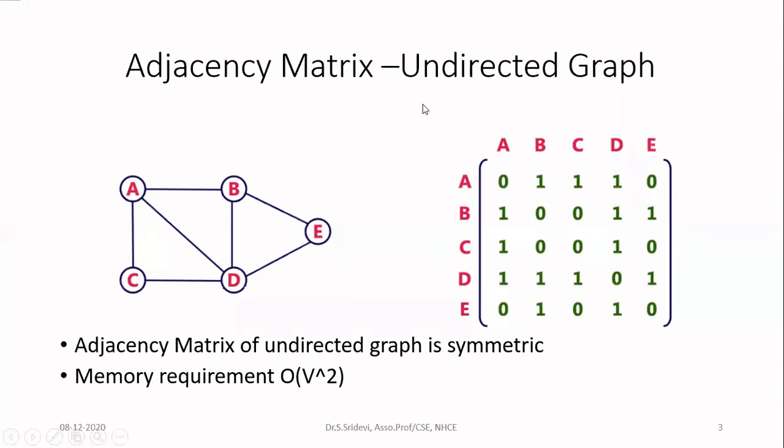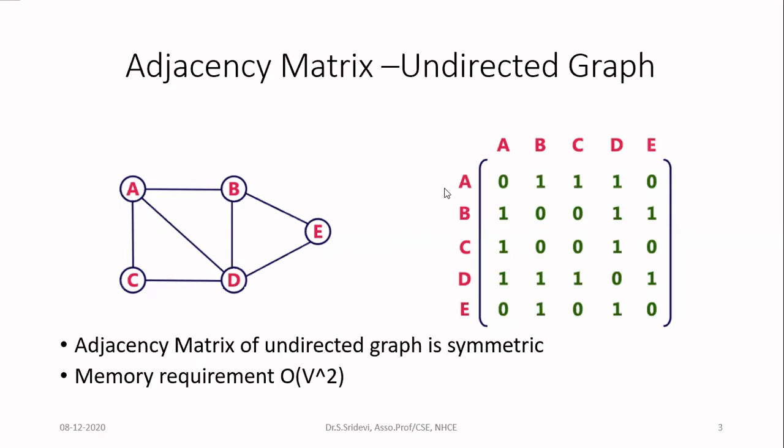And if you have an undirected graph, let us see how to represent the adjacency matrix for this graph. And this adjacency matrix will tell you who are all your neighbors. Whenever there is a neighbor, we will represent 1. If it is not neighbor, we will represent 0. So first, let us consider a graph given here. This graph is totally having 5 vertices. Therefore, you are going to create an adjacency matrix with 5 rows and then 5 columns.